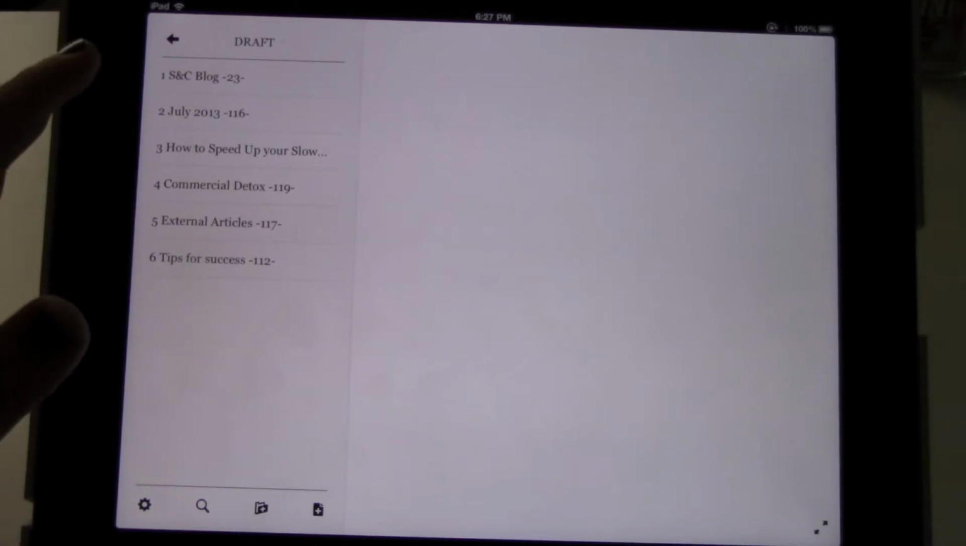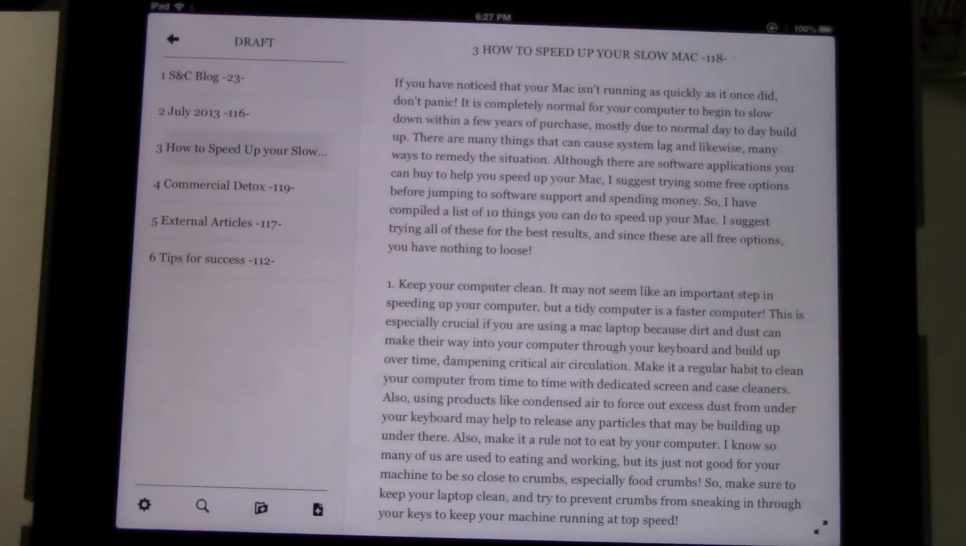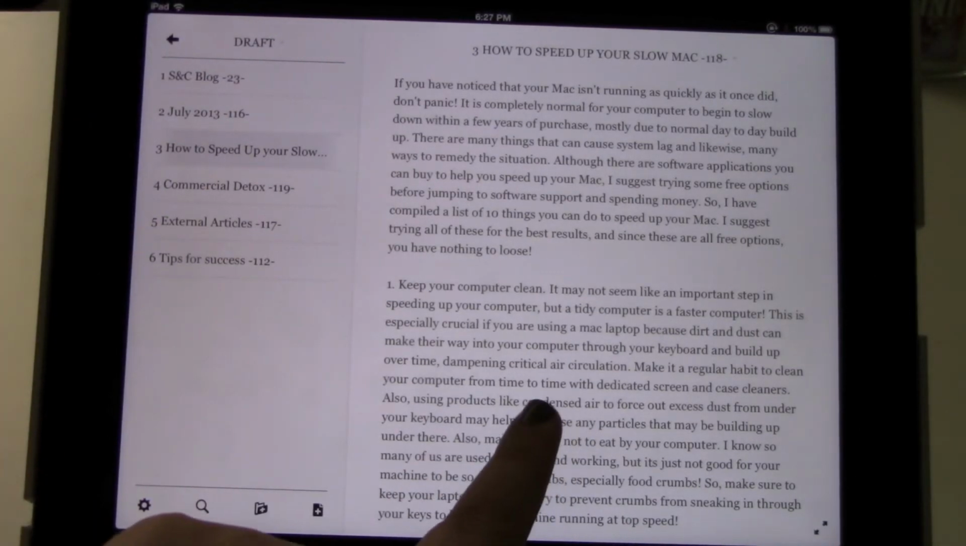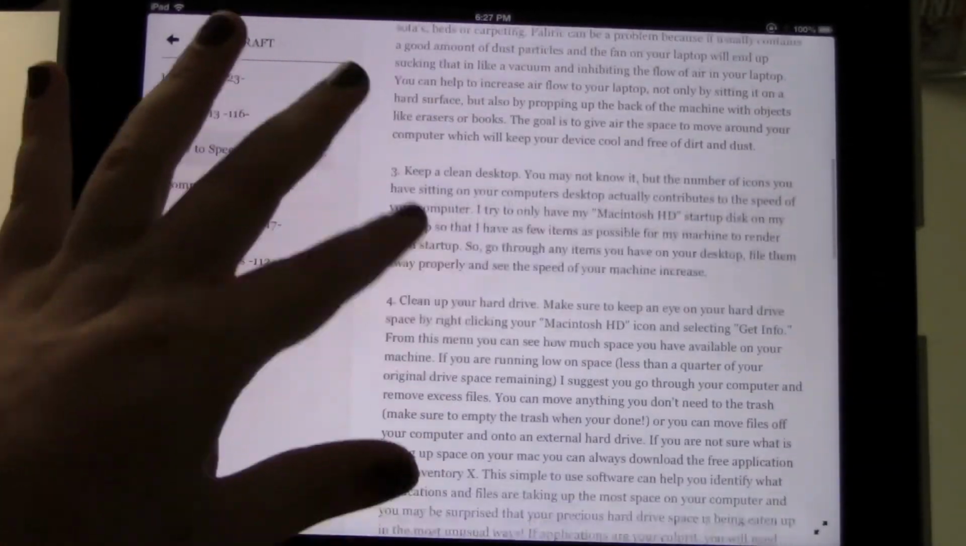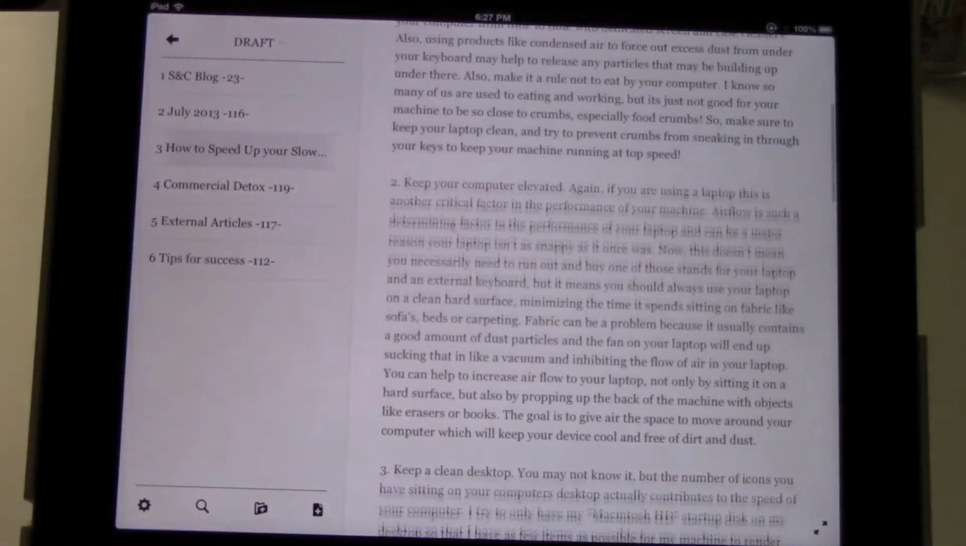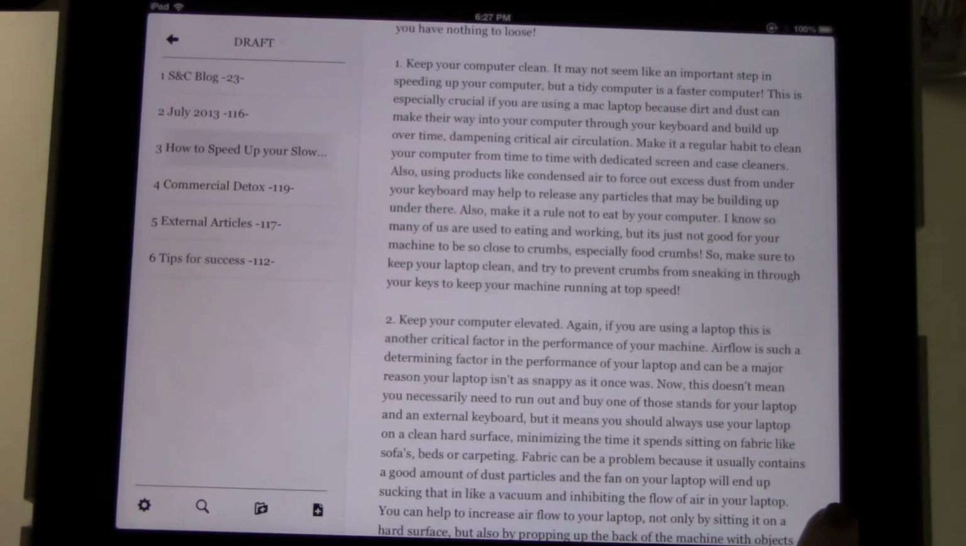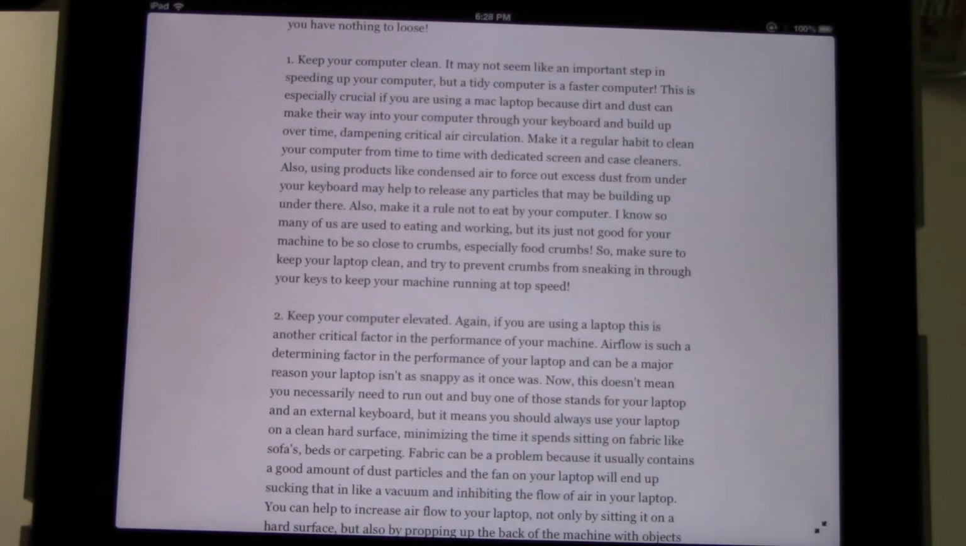So if we open up one of these, I'm going to open up this one. It's called How to Speed Up Your Slow Mac. That is an article that's going to be on my website on Tuesday, Tech Tuesday, on www.strangecharm.com, my blog and website. As you can see here, it opened up a panel on the right side where you can actually see the text document itself. And down here, there's actually a full screen, so I can go into full screen mode, which I really love about this